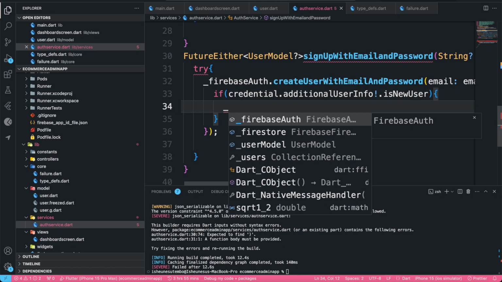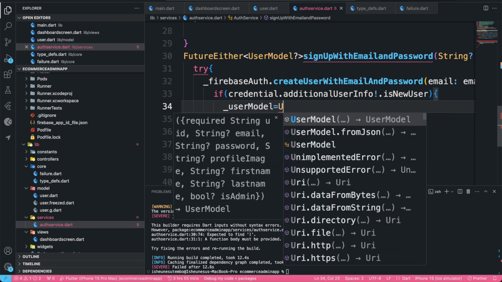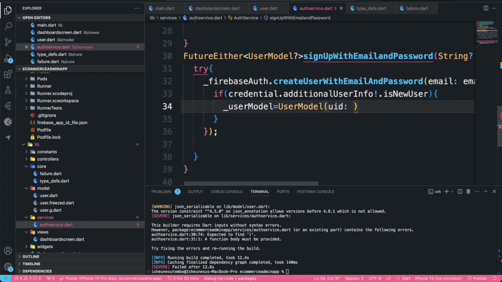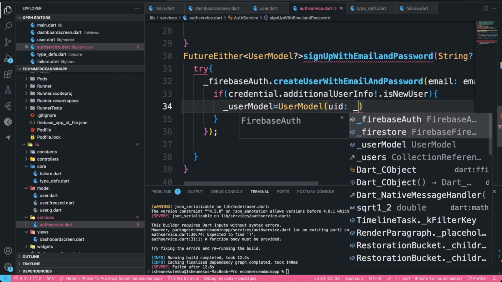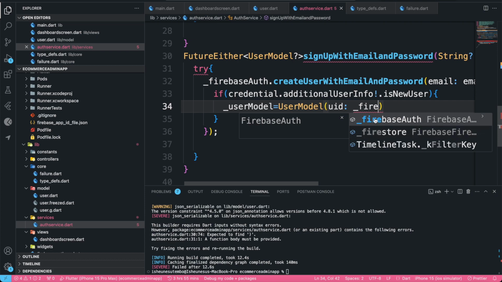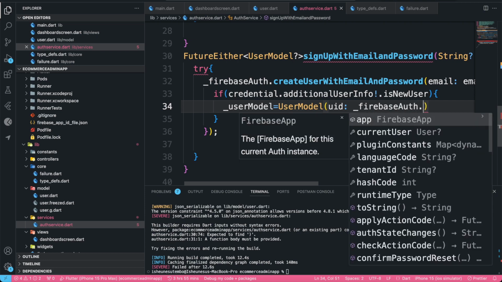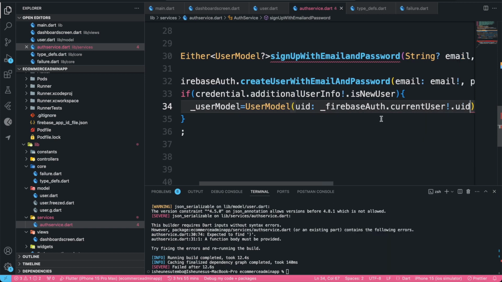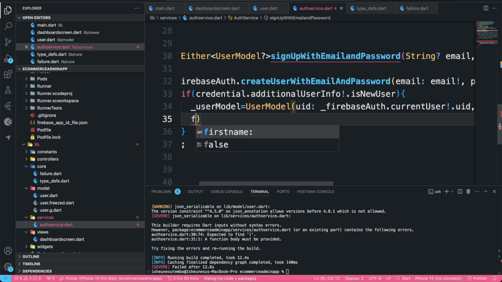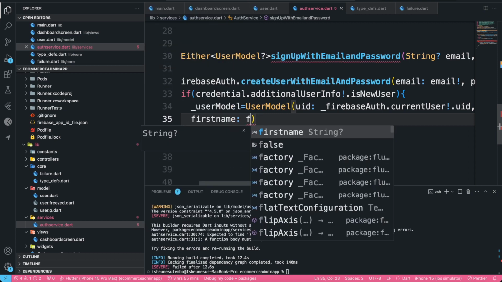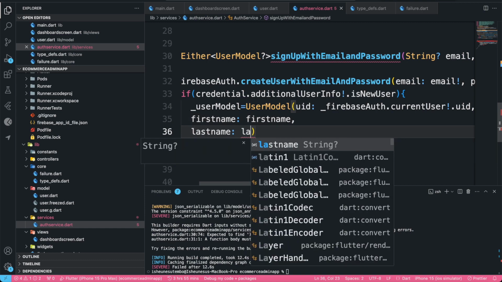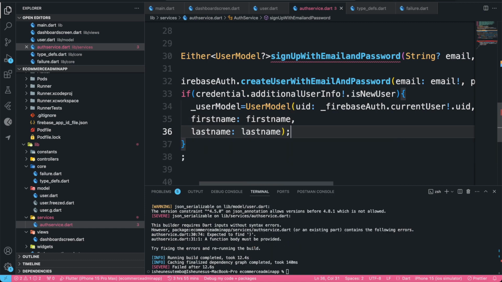So we are going to say userModel is equal to UserModel, like this. UID is going to be FirebaseAuth.currentUser.uid. Okay, and then first name we set it to first name, last name is last name. All right,